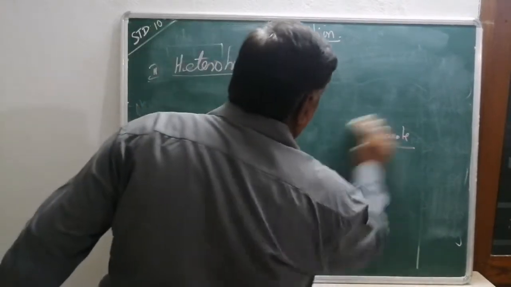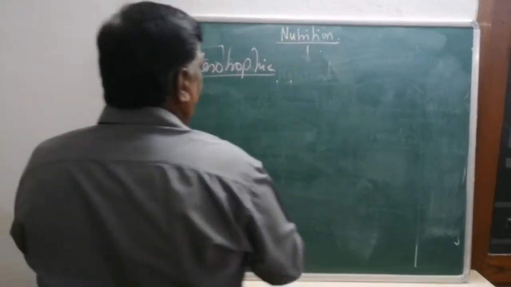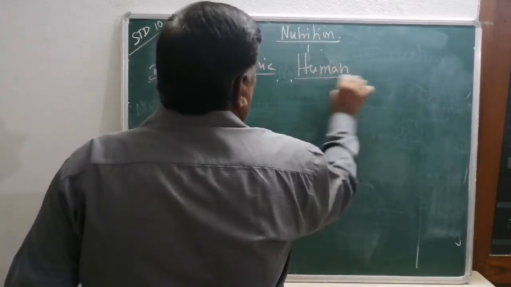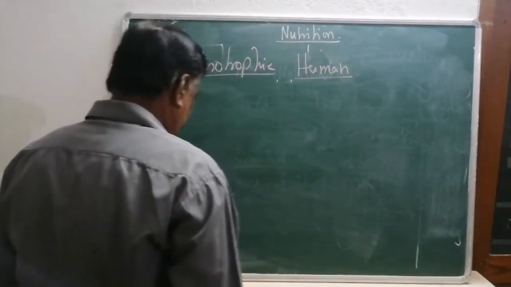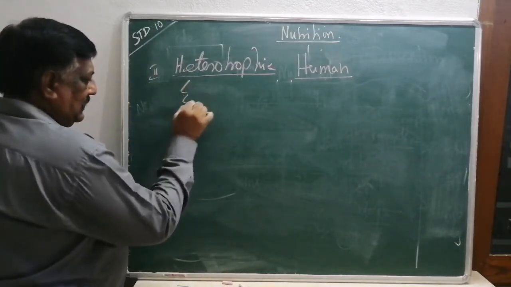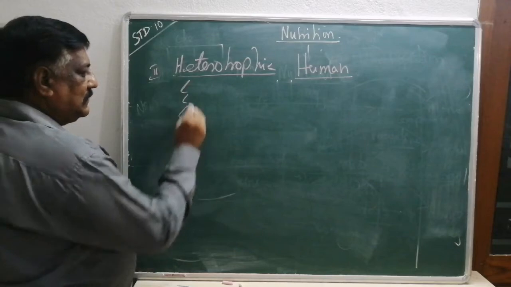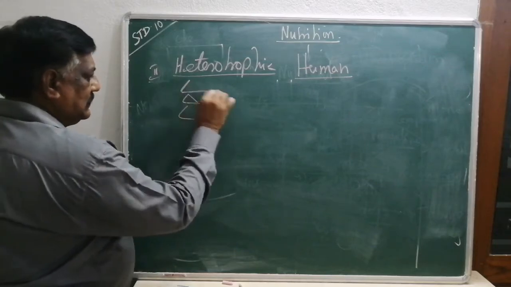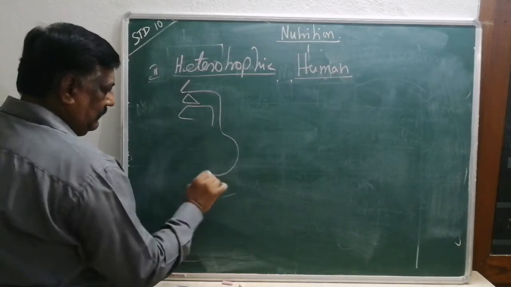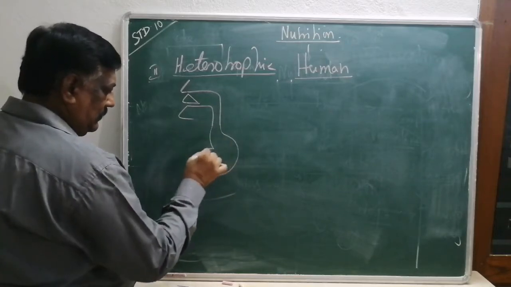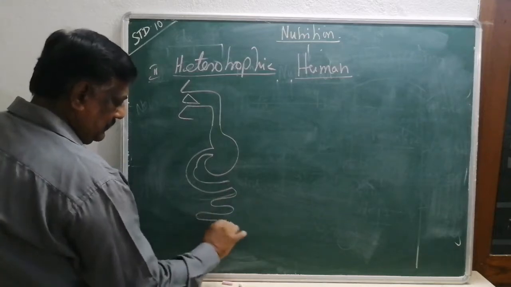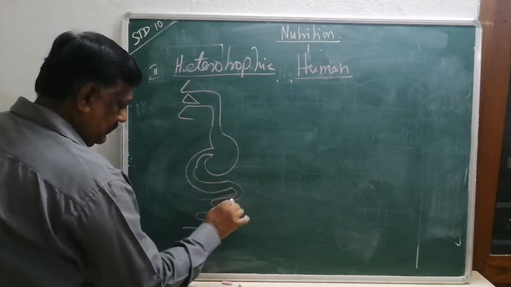Complex nutrition in humans. We are going to see the human digestive system. I have already shown you how to draw a simple diagram like this. Then we have drawn the duodenum, and we have drawn